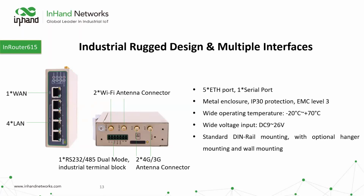It does have an EMC level 3 rating, which is the same as most standard PLCs. So like I said, it makes it a little better fit if you want to go with that industrial automation side. Same wide operating temperature, has a little wider voltage range. And then this one does come with a DIN rail mounting, and that's the standard. So if you need some type of wall or hanger mounting, you just got to let us know and we'll